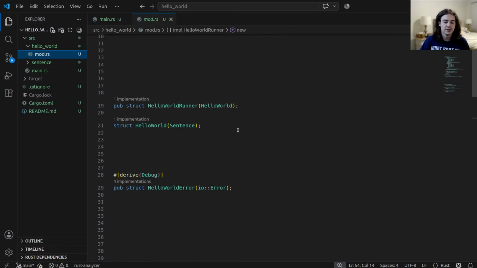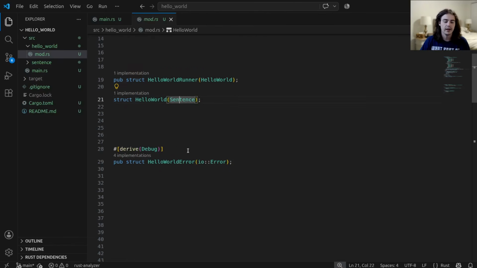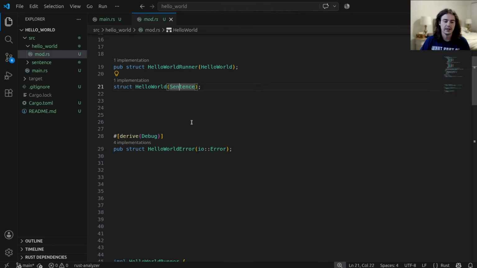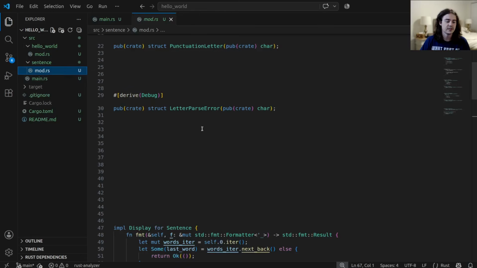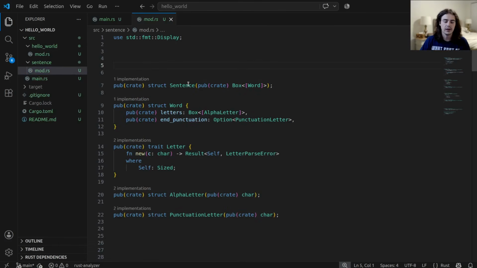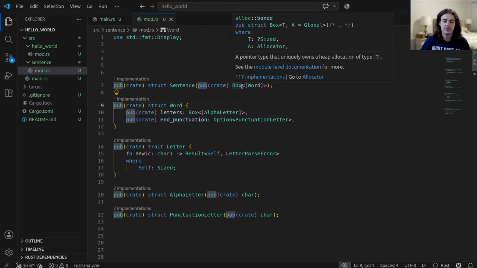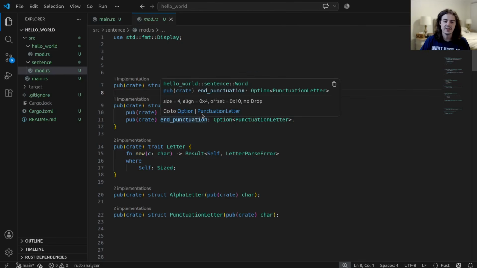So first we got the hello world runner struct, and that holds hello world, of course. Hello world holds a sentence, and we have a hello world custom error right here. So before we see how all this works, we can go to the sentence folder over here, and we got our sentence, which holds a slice of words on the heap,